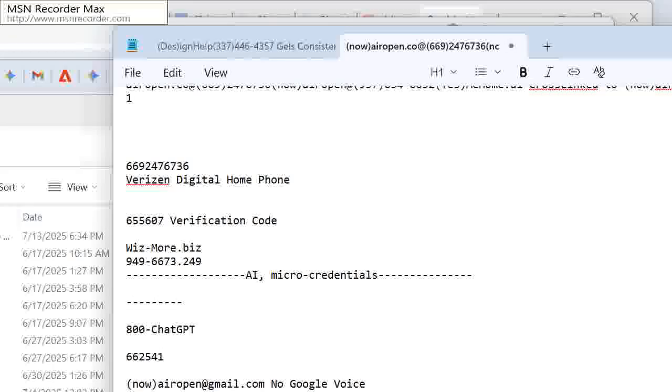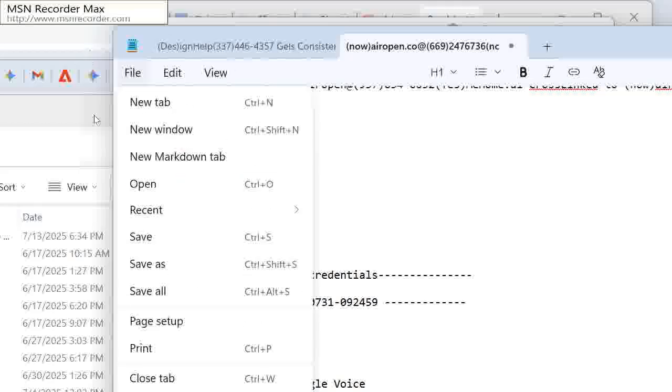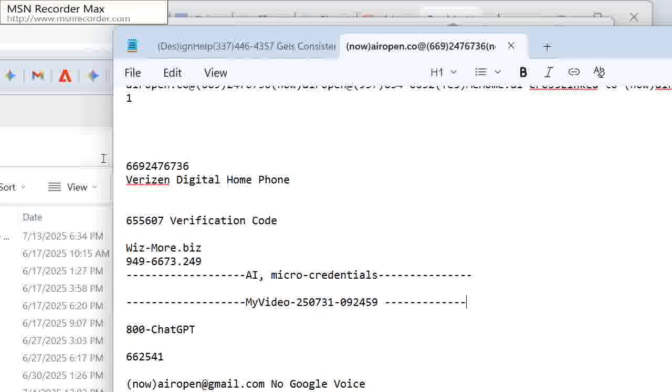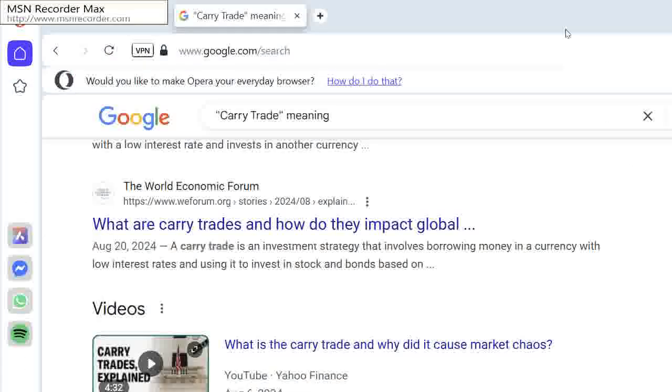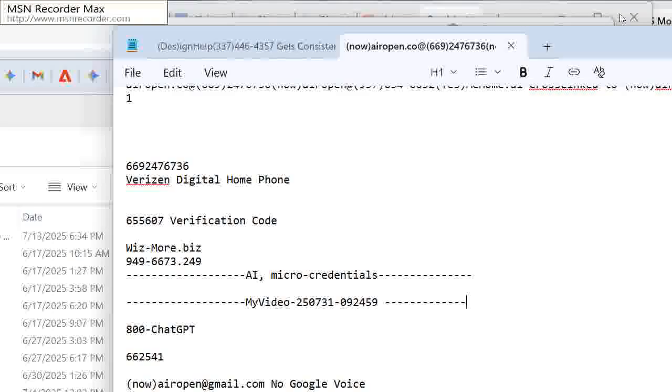Dashes for prefix, Control V for the file name, and close with more dashes. File, save. Okay, at this point I'm ready to stop the recording on MSN Recorder Max and play it back, see if